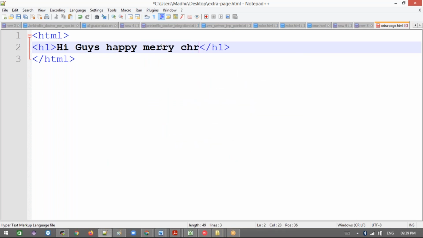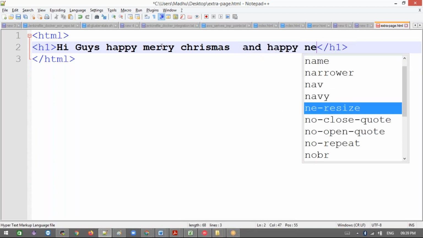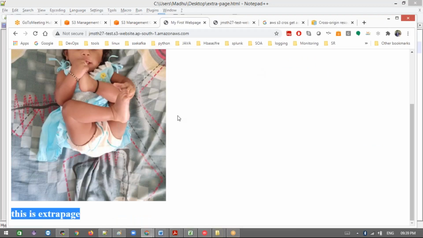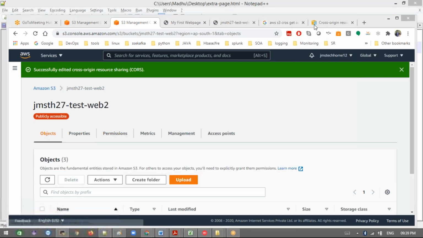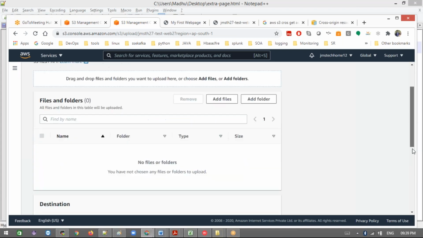This is my extra page. I save the file, and the next this website, go to here. Why, sir? You already explained this. Why do I need to go there? Just for a clearer purpose. If you are confused whether that code is written or not,